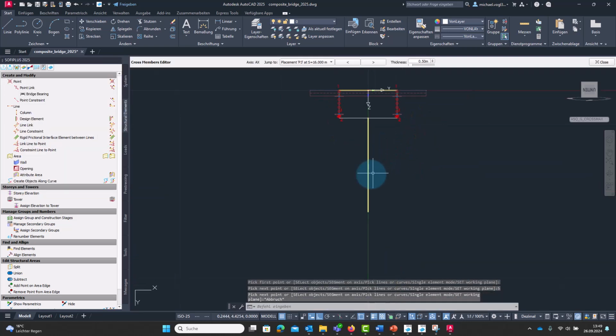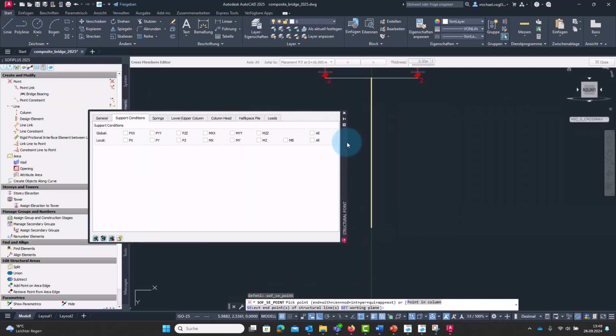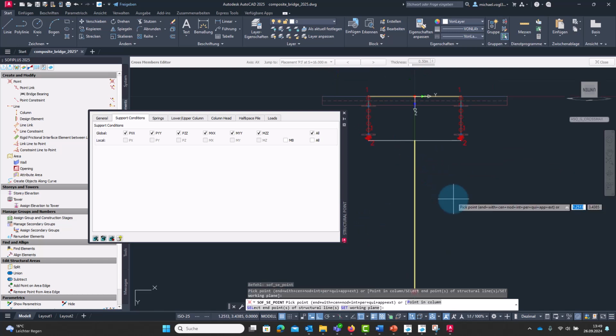Now, of course, we have to define a structural point that represents the fixed support at the bottom of the pier.